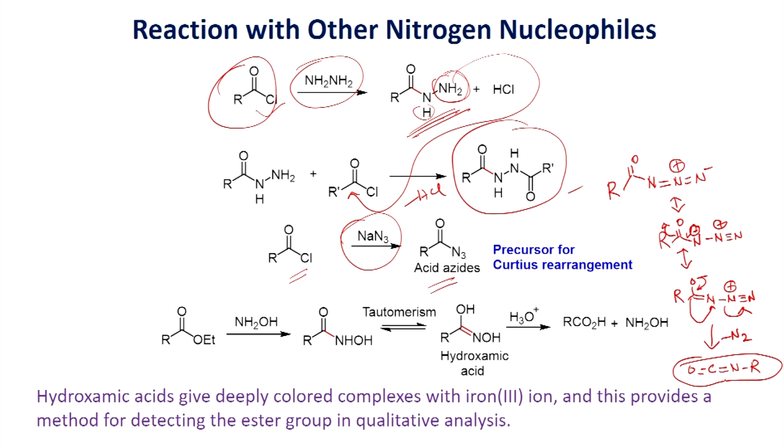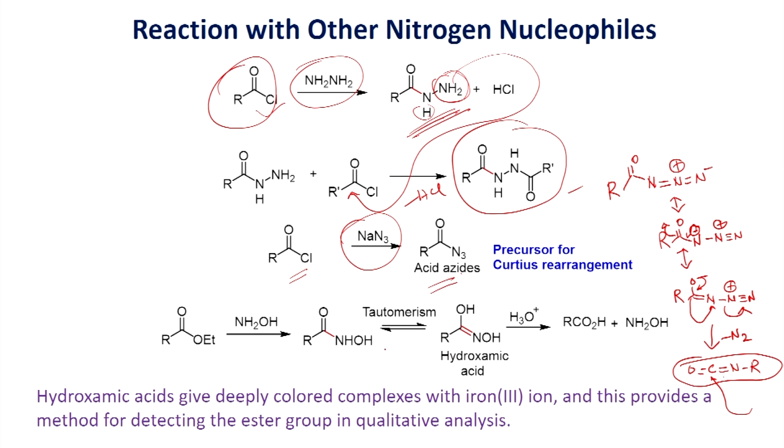isocyanate as the intermediate. Once you form this isocyanate, just as we have seen, it can readily react with a variety of nucleophile addition reactions. You can end up with diverse scaffolds. So, this is the precursor, as you can see here, for the Curtius rearrangement. If you have this acyl azide, when you heat it, it can convert into isocyanate that can be further reacted with a variety of nucleophiles for the formation of different